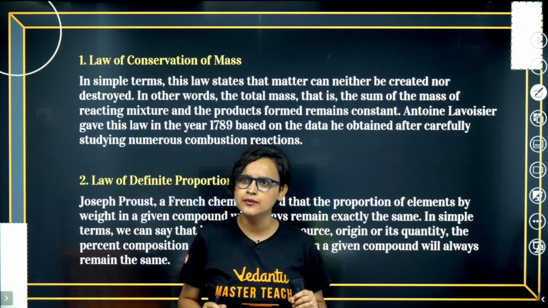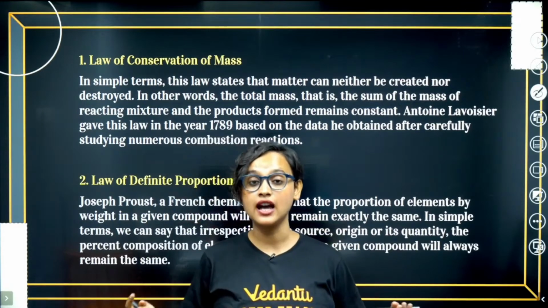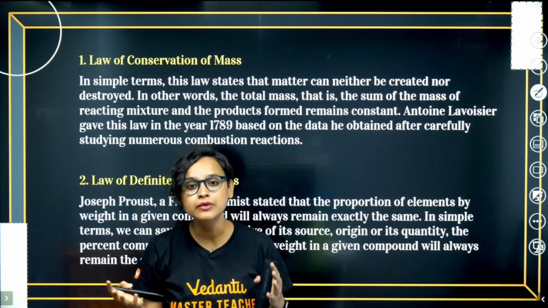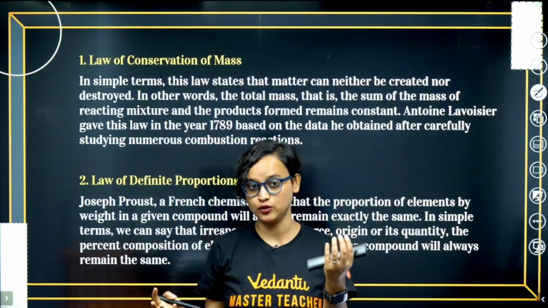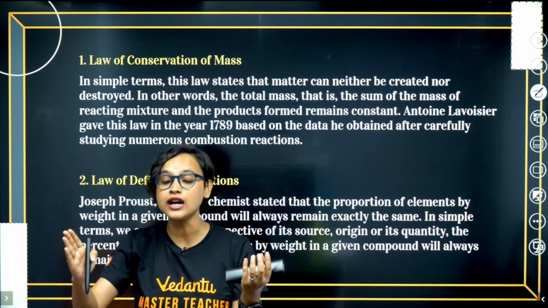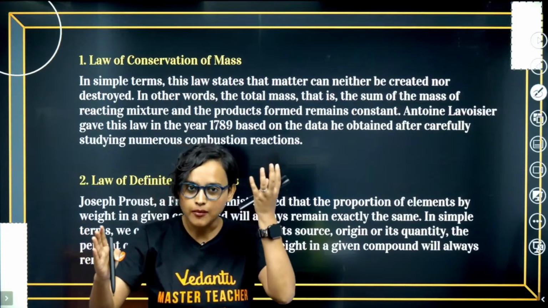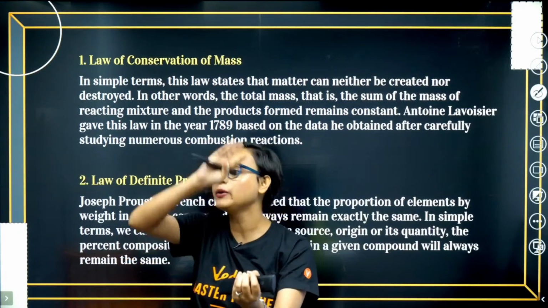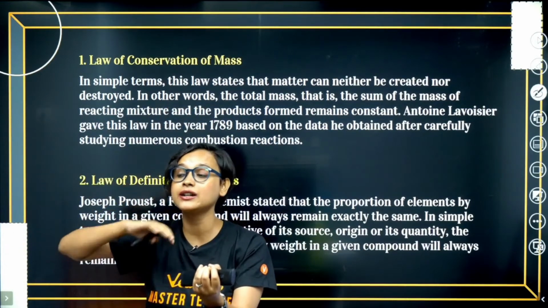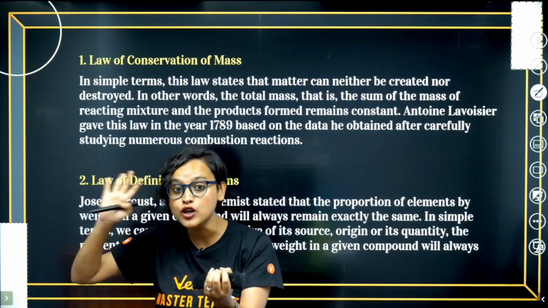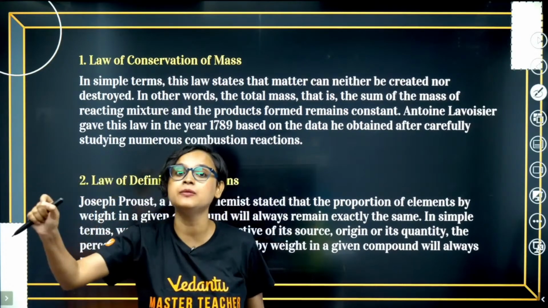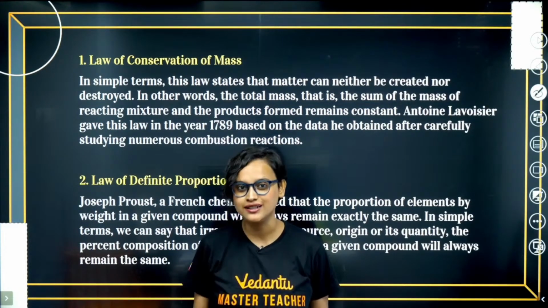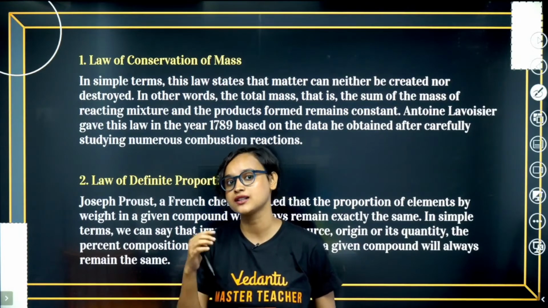But how are we using it in chemistry? Of course we are. In chemistry, reactions happen. And how do we write reactions? There are reactants on one side, and products on the other side. So what we mean is, the amount of reactants that you take must be equal to the amount of products. If you take 50 gram and 50 gram, it should be equal to 100 gram. It cannot be 101 gram, it cannot be 99 gram, it cannot be 102 gram. No, 50 plus 50 will always be 100 gram. Alright, it remains constant.